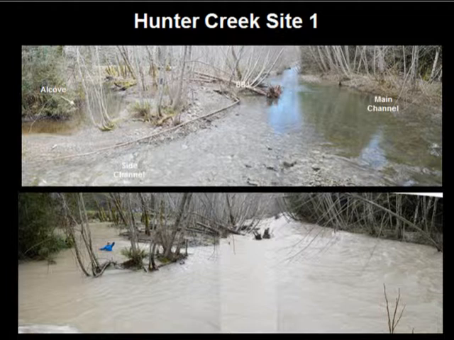Another important concept with the unanchored wood, these bank-based jams, is because they're not cabled in a static condition, they can rise and fall like a sluice gate weir, essentially, with the changes in the stage of the stream. At high stage, like shown in this bottom photo, the wood rises up in the water column and it catches drifting material. And then at the lower stage, it sets back down onto the bed of the stream and puts the wood habitat where the fish are.